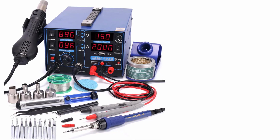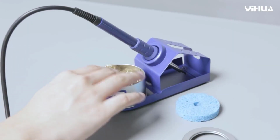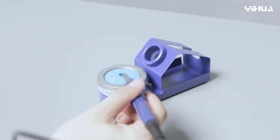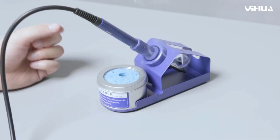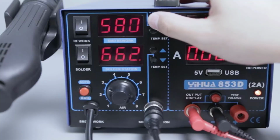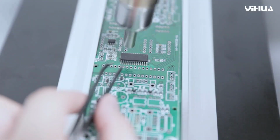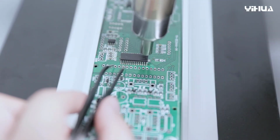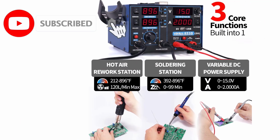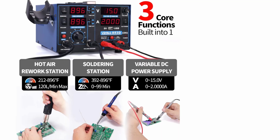The hot air gun features adjustable temperature and airflow, making it ideal for reflow soldering, desoldering surface-mounted chips, and heat shrinking. It reaches high temperatures quickly and uses intelligent temperature control with real-time digital display, offering precise and stable performance. The ESD-safe design protects sensitive components from static damage. The soldering iron offers fast heating and a wide temperature range, suitable for various soldering tasks, from intricate microsoldering to general repairs. It includes replaceable tips to match different job requirements and uses high-quality ceramic heating elements for durability and